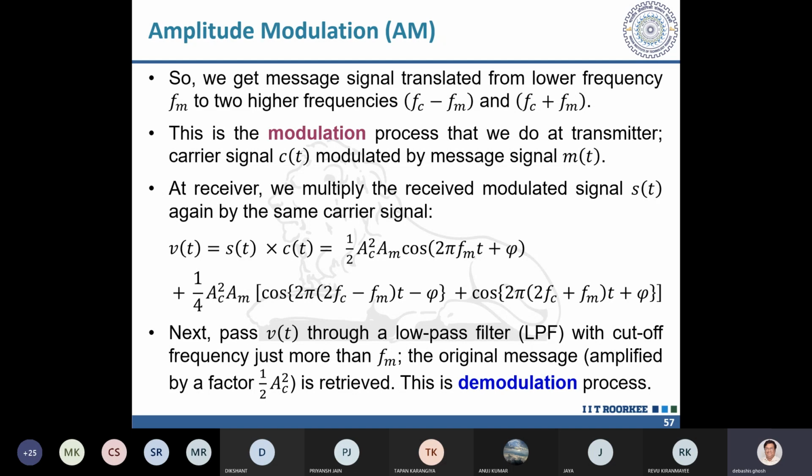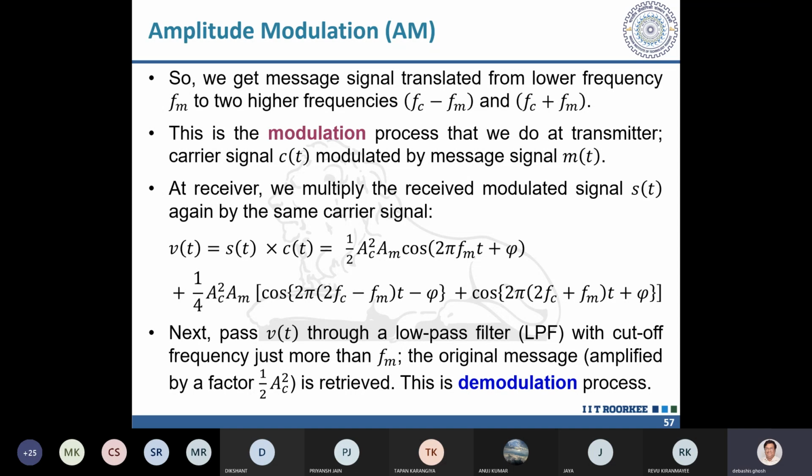Transmission can be costly, because transmission is done at the radio broadcasting station, which is owned by a government or some corporate, so it doesn't matter. But the receiver, the radio set at your home, a poor person may have to pay money for buying it. So you have to bring down the cost of it.